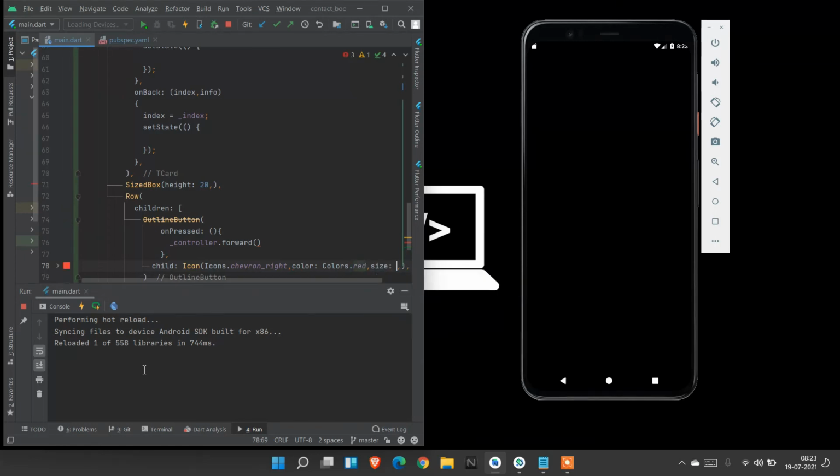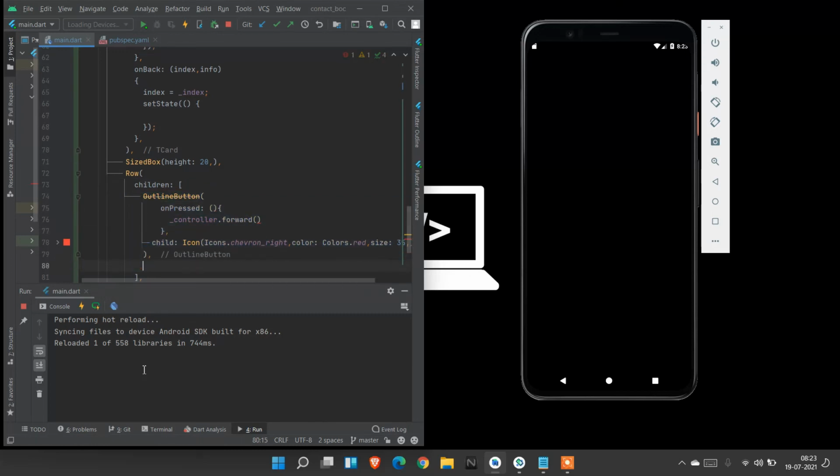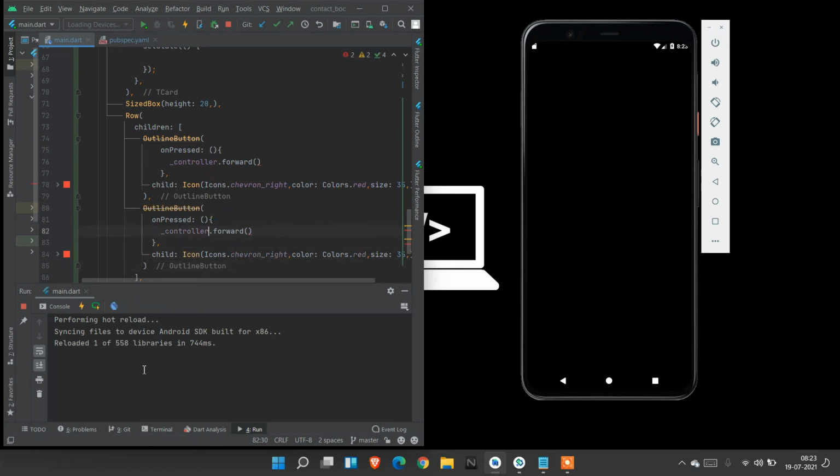Color to be red, and size must be 35, and I copy this OutlineButton and paste it. In this button we are going back, so I use on controller dot back, and instead of right I use left property.